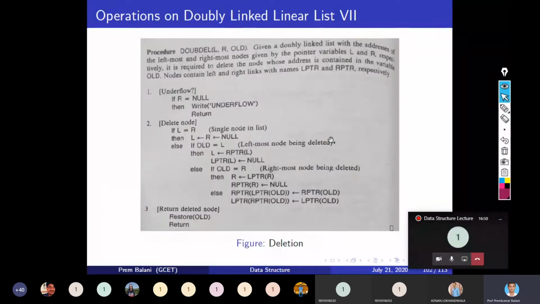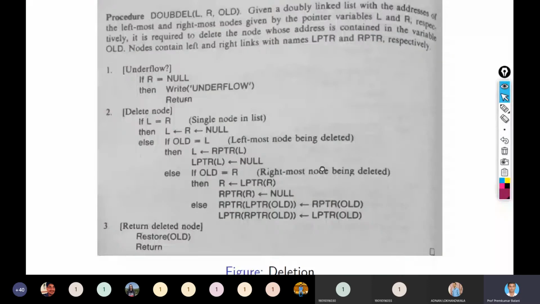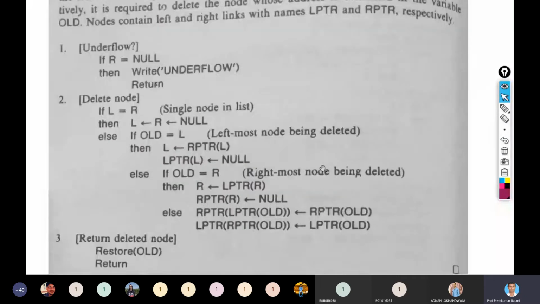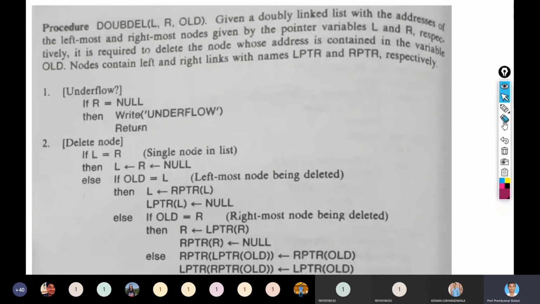So let's go to the algorithm here. Okay, so here you can see we are going to understand the procedure doubly delete. So here we have L and R, right? These pointers.